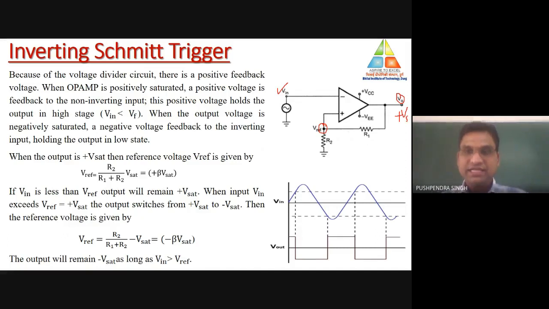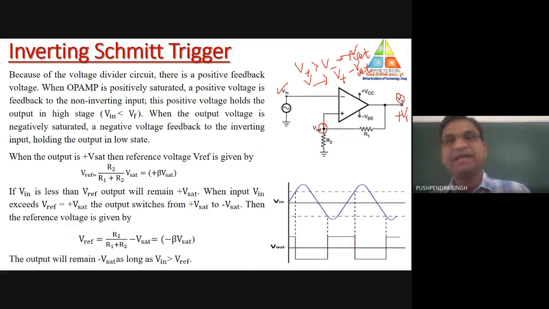Because as I told you, in the case of the comparator circuit or any kind of positive feedback circuit, the output signal will be either at positive saturation or at negative saturation. If the non-inverting terminal voltage V plus is greater than V minus, then the output will be at positive saturation voltage. But if the negative terminal voltage is higher than the positive terminal voltage, the output will be at minus saturation voltage. So these are the only fixed states in the case of the comparator or any positive feedback circuit.